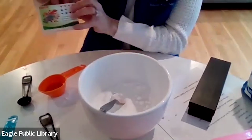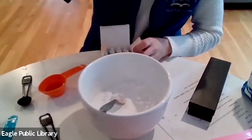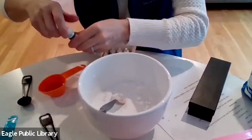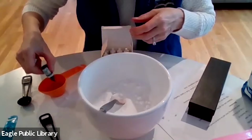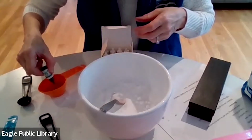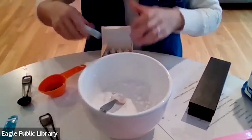So let's go ahead. I have all these choices. Let's go ahead and do a turquoise one. That might be fun. Okay, I'm gonna add a couple drops of my food coloring. Okay, now,